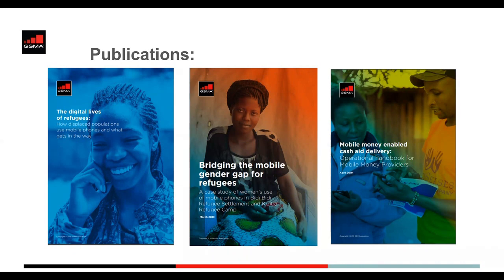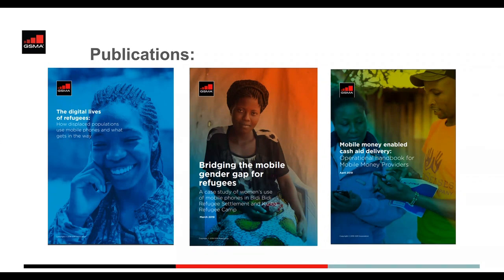And kind of leading on from that research, we have also done specific research on looking into the gender gap within refugee context. So for the first time, we sized the gender gap in the context of Bidi. And we also have created 2 handbooks. One of them shown here is the mobile money